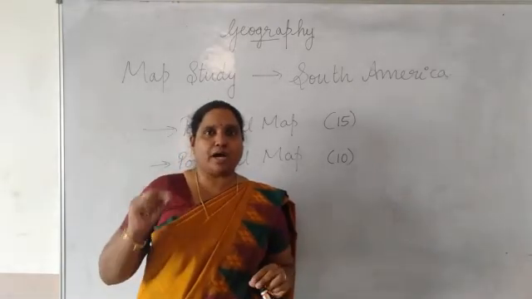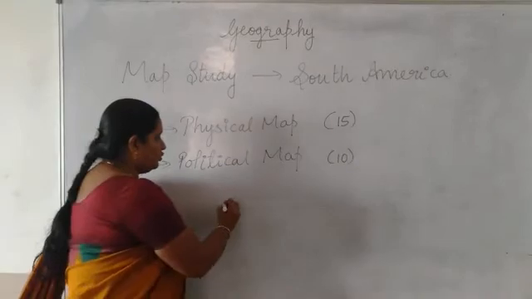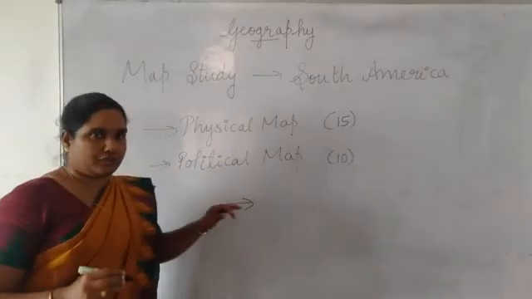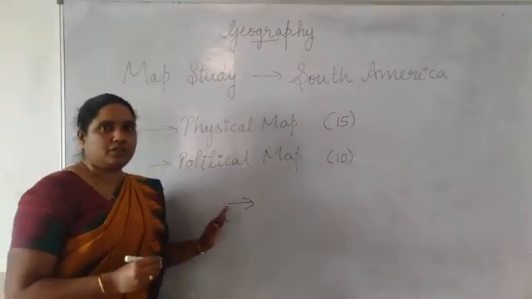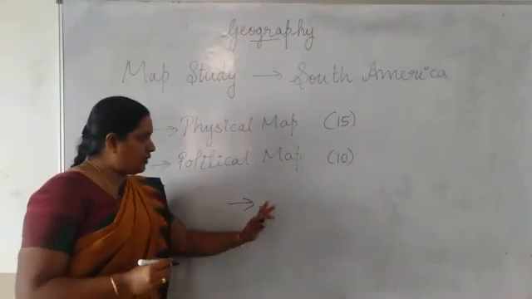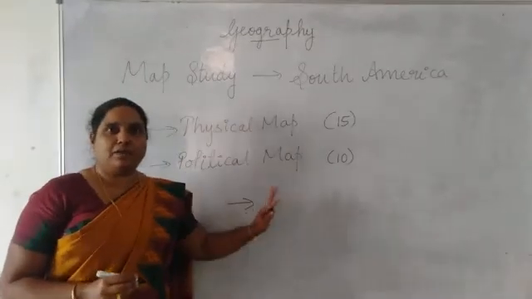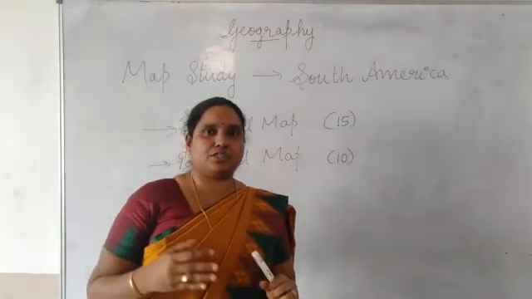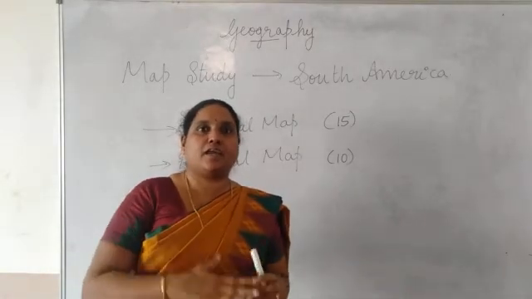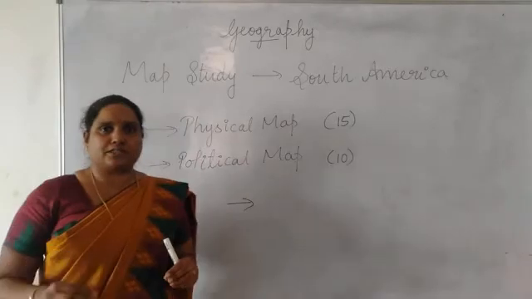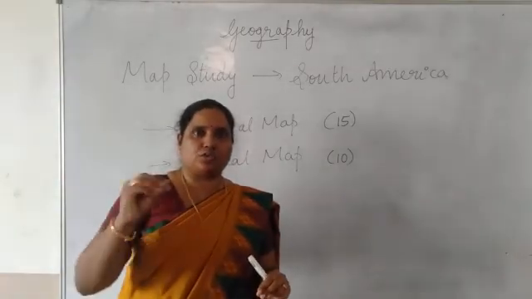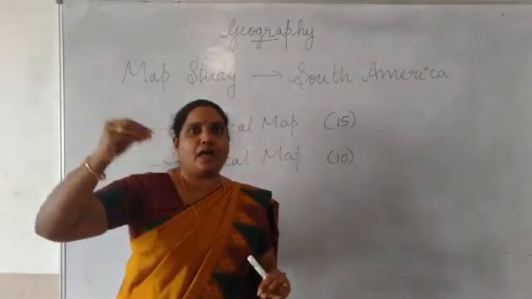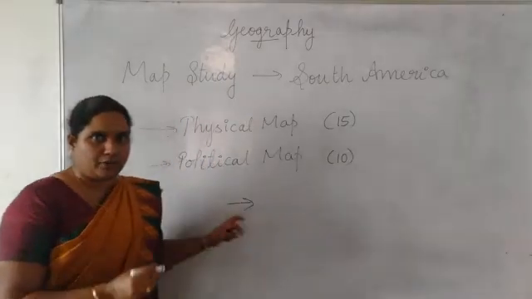When you mark the place, put an arrow mark to write the names. After drawing or coloring it, you can put an arrow mark and write the name there. There is no need for shading and coloring everywhere. Whatever is asked, if you are marking Pampas, just use a light green color, shade it there, put the arrow mark and write.